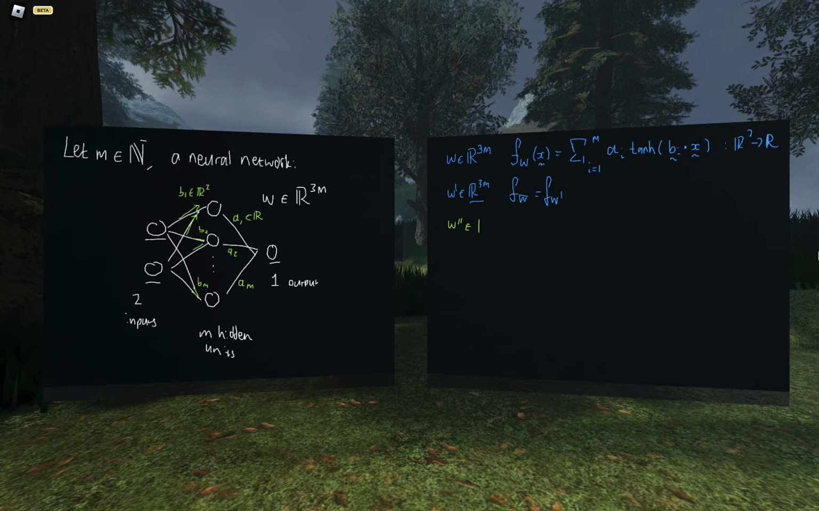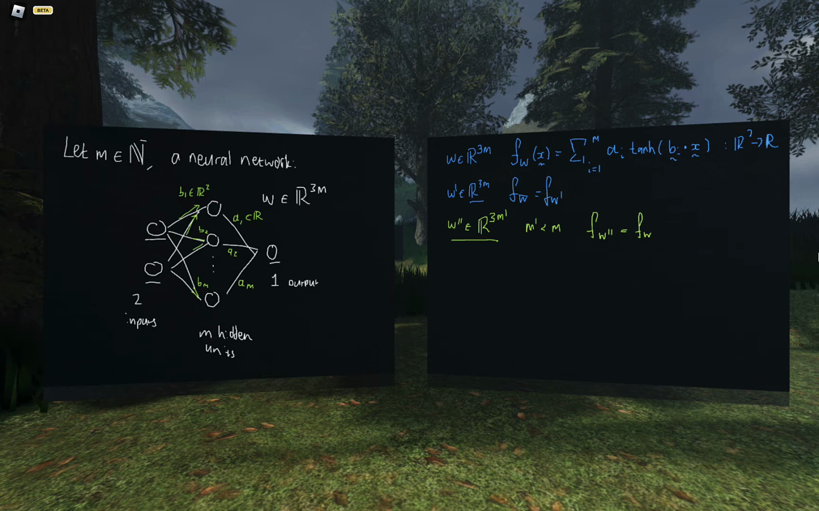W prime prime, maybe R3M prime. There's a lot of primes and stuff, but I'm not committed to using these a lot, so I hope it won't get confusing. But just for now, maybe M prime is smaller than M. So you've got some network here that has fewer units, but it could still be the case that fw prime is equal to fw. So this is the condition called compressibility,